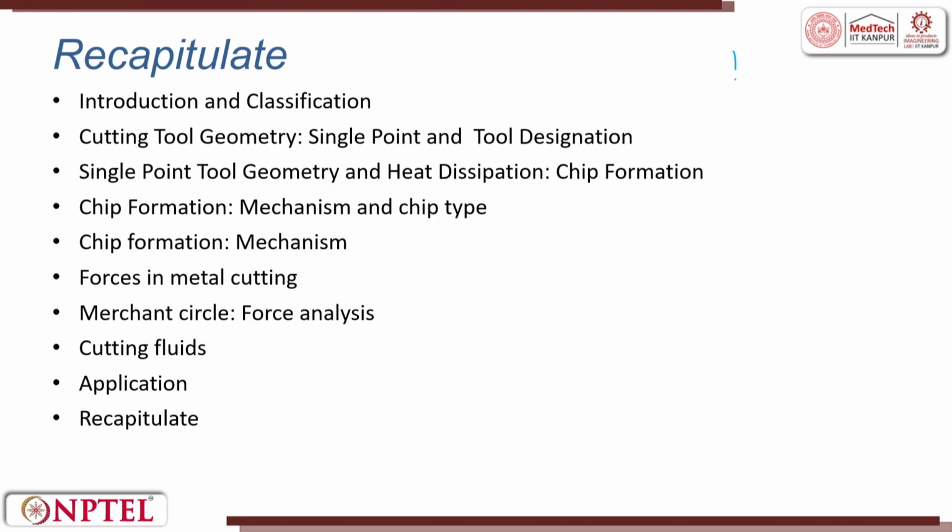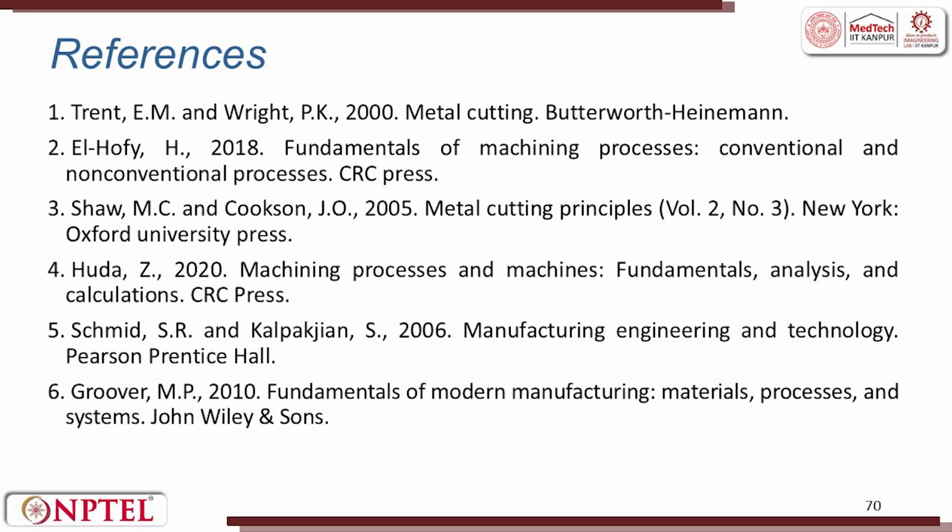To recap, in this entire machining lecture, we have seen the introduction of machining, and classification of machining. We have seen the single point cutting tool, the rake angle, flank angle, and the 6 angles with nose radius. Then the chip: how does a chip form, what is the chip forming mechanism, and what are all the forces involved in metal cutting. Then we went into the Merchant circle diagram, cutting fluid requirements, and then the tool material. These are the references which we have used in preparing this lecture.